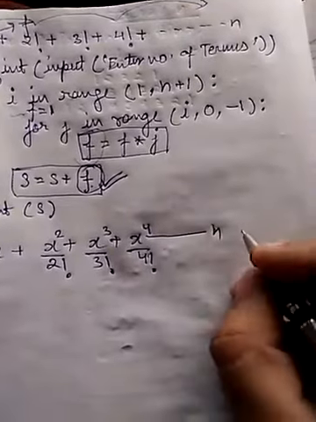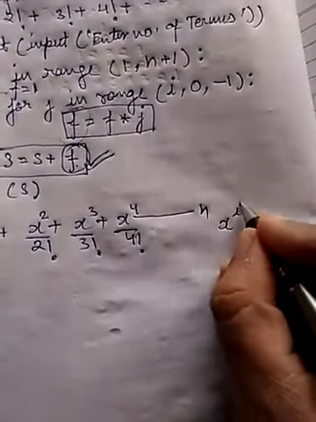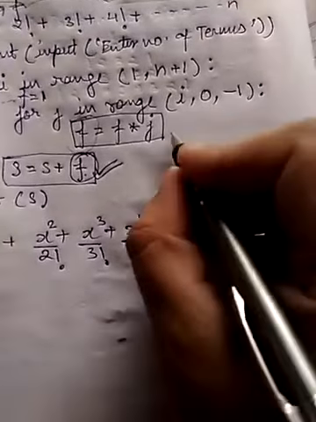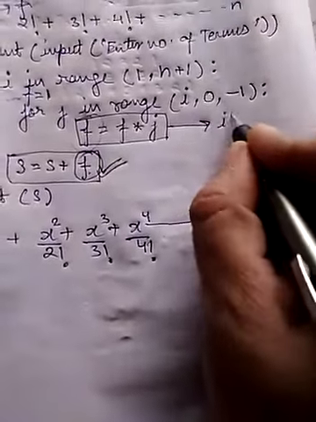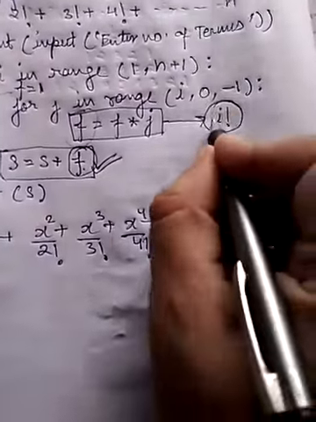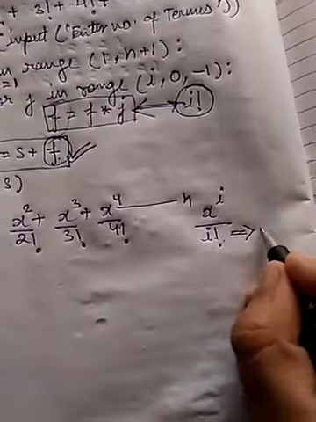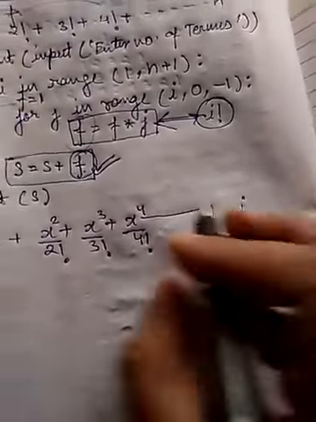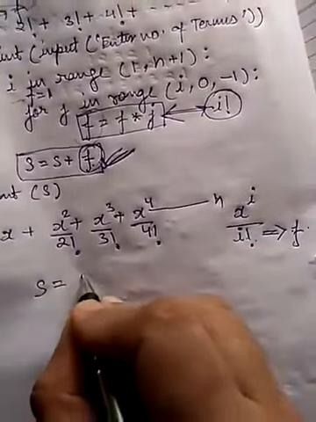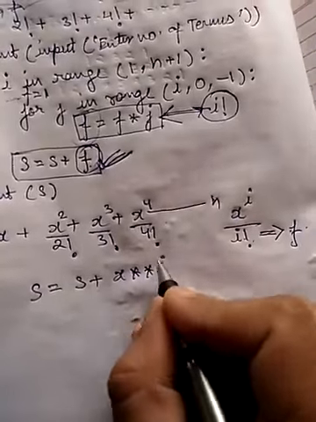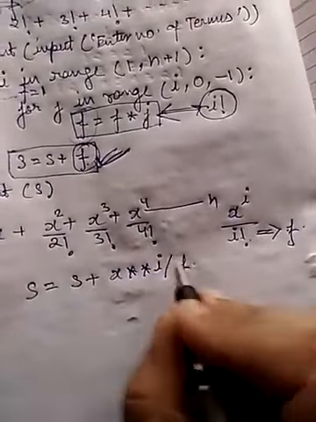Term is what? X to the power I upon I factorial. Factorial of I is calculated as f. So this term will become sum equal to sum plus x to the power I upon f,